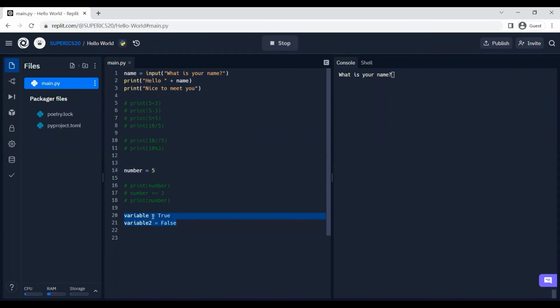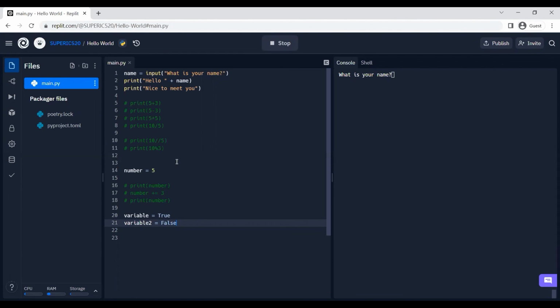And for true and false, we will be doing a lot of logic with these, since true and false is basically just logic, right? Logic gates and things. So I don't think we have enough time today to talk about more complex true and false things, but